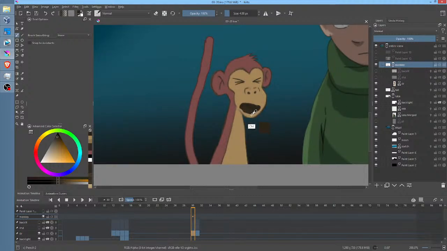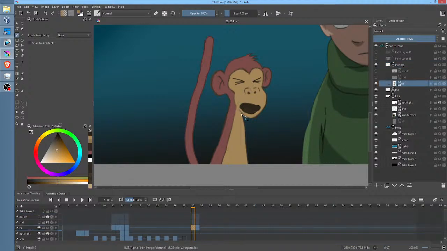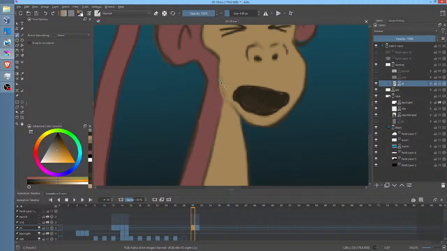Yeah, right here. Hit the B key. Hello, what is going on? We're in the monkey layer. Sorry about that. And we've got to turn everything off that could possibly be affecting color. Okay, there we go. We're good. Okay, so when he does the chirp, we really kind of lost his jowl. It looked to me like.